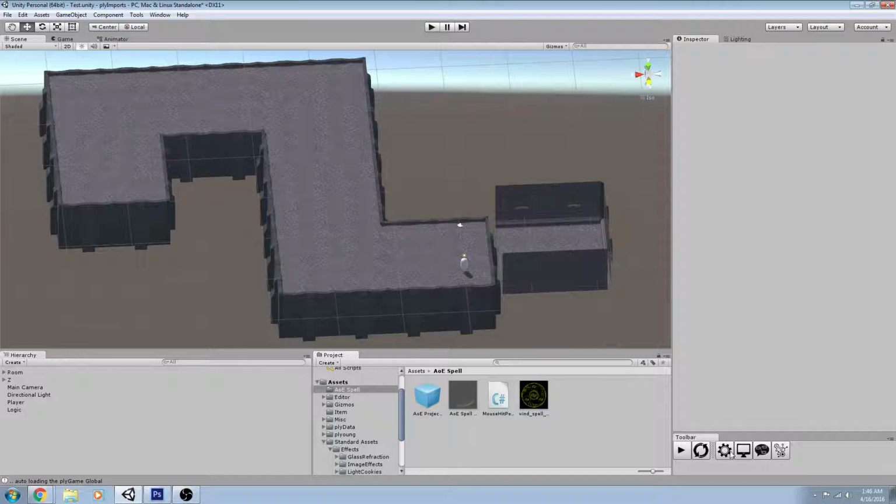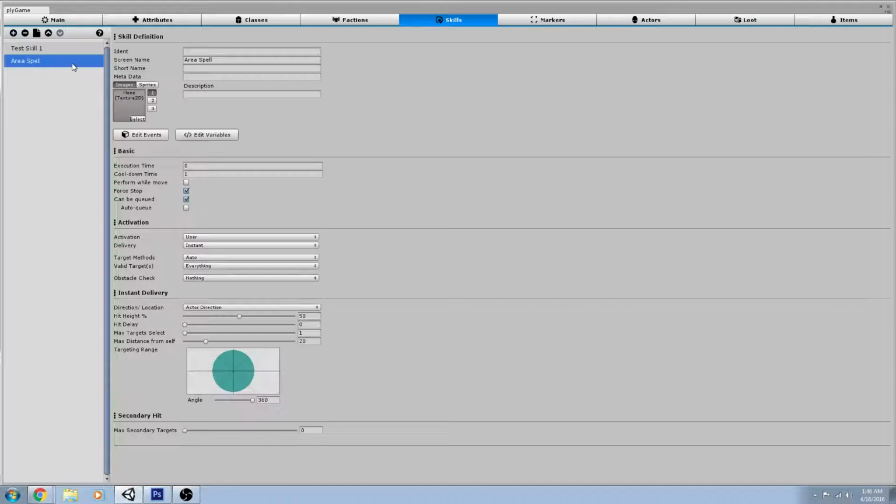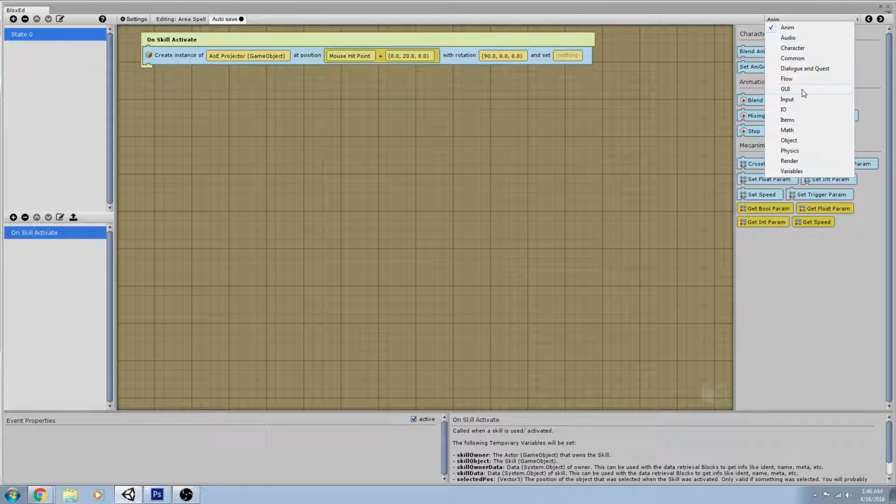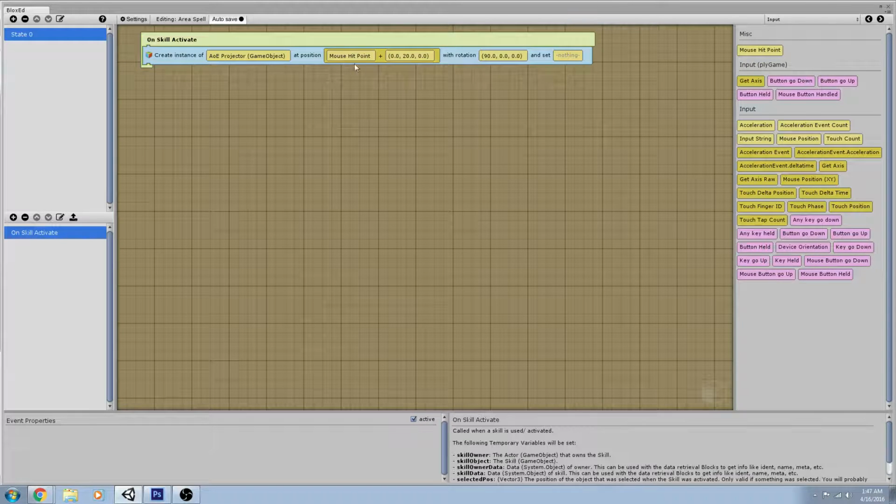So what we want to do is go ahead and make a skill. I just called it area spell, and we want to set the activation to user, delivery to instant, target method to auto, and valid targets to everything. Now the rest is up to however you see fit for your game. So we need to add an on-skill activate event on any state, and we want to create an instance of that projector at position, using that new block that we just downloaded, which is under input misc mouse hit point,